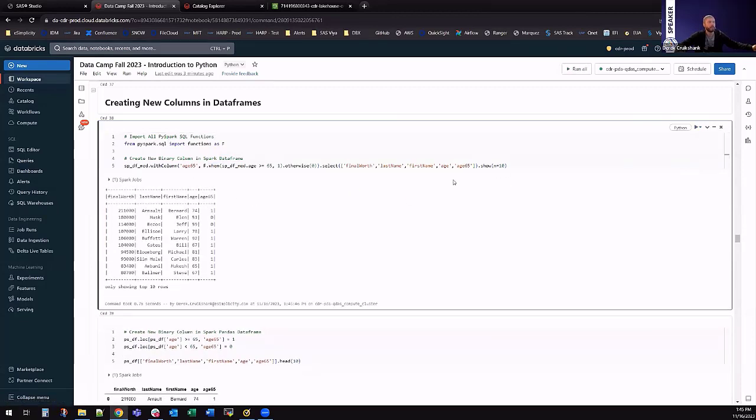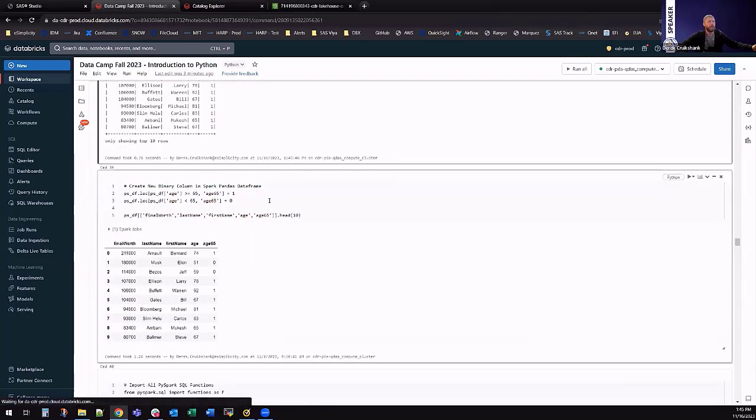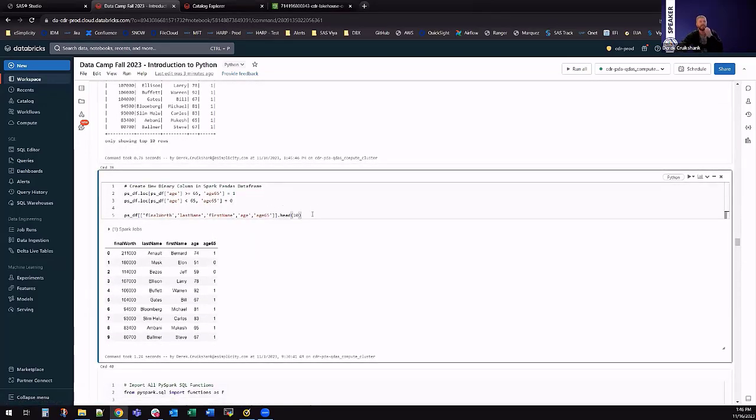So now we can output up to 10 rows, and you can see here their age. If it's greater than 65, they've got a 1, otherwise it's a 0. How we do this on the Pandas side is a little bit different. We're going to use the LOC functionality here, where we're saying, all right, we want to set a new field equal to 1 if this is met. And then we're writing the exact same thing, set it on the other